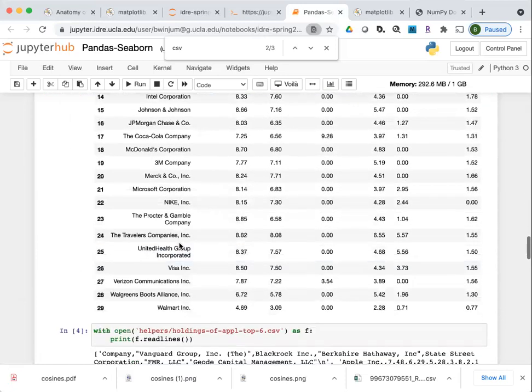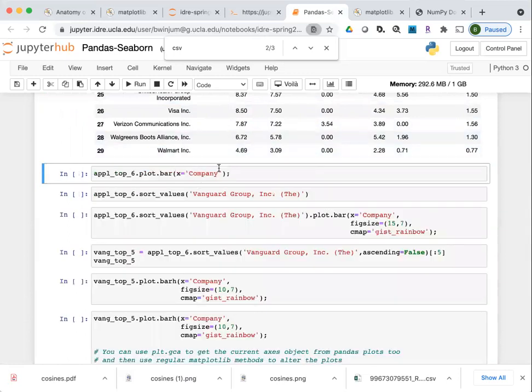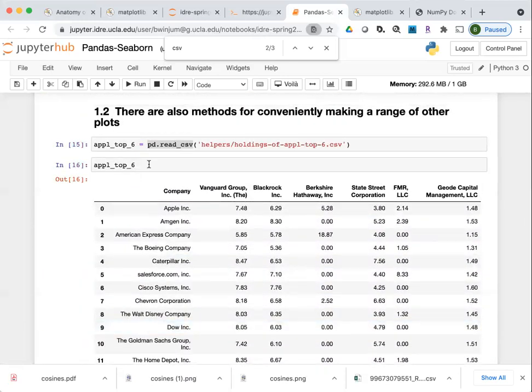And then this was something I included when I was talking before. But this is the data frame itself. I called it Apple Top 6 because these 6 companies are top holders of investments in the company.